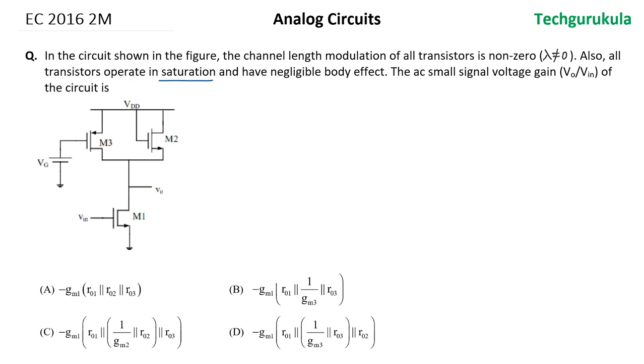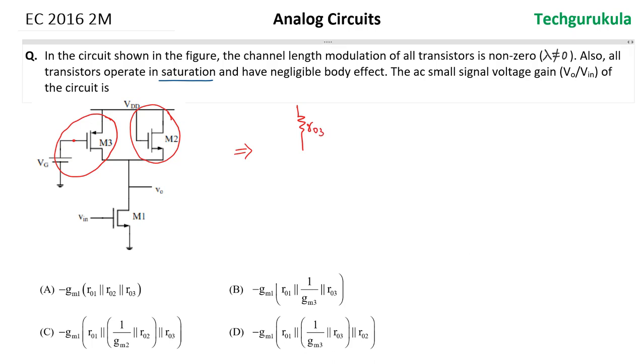Now if you look at the circuit, this transistor M2 is a diode connected MOSFET, and consider M3. M3 has a constant gate voltage, and as it is given that all transistors are in saturation region, if M3 is in saturation region with a fixed VGS, it is going to work like a current source. In that case, in the AC equivalent model, we can say it has only a resistance which is r_o3